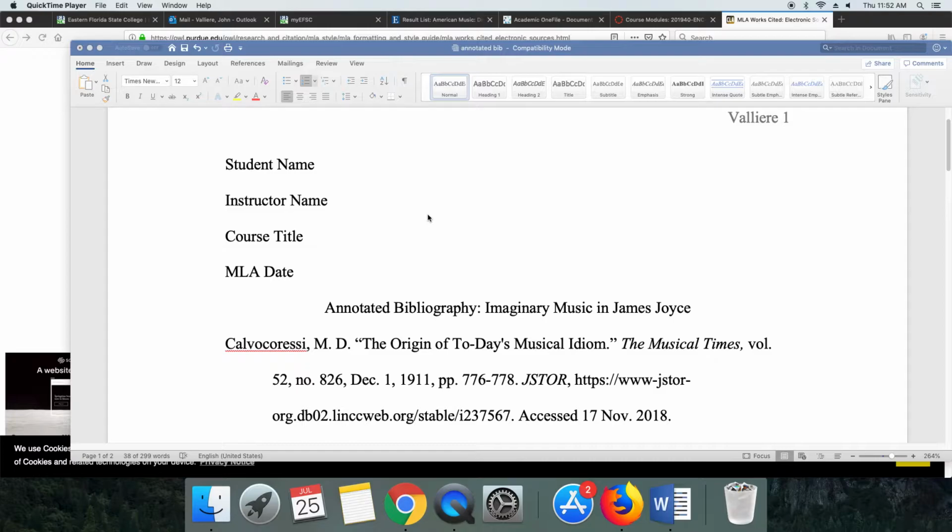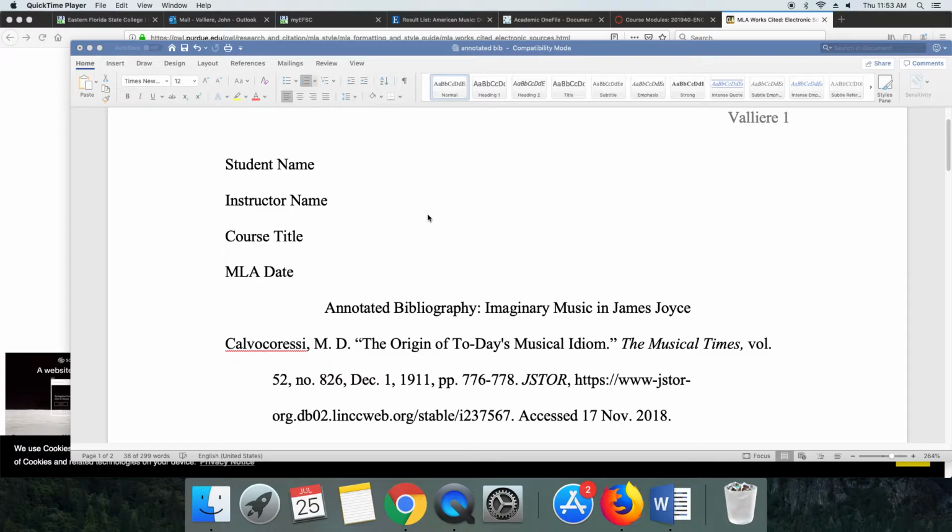This is different from a works cited list that you must include at the end of a paper. A works cited list is specifically a list of works cited entries to the sources that you actually cited in the paper. A key difference here would be that you do not have to include the annotated bibliography at the end of your research paper, but you absolutely must include a works cited list. So, with that in mind, do not submit this annotated bibliography at the end of your research paper unless the